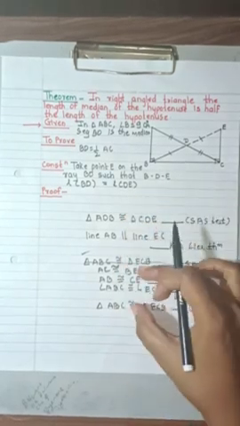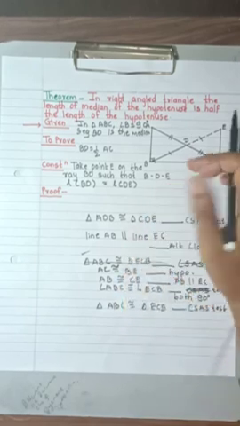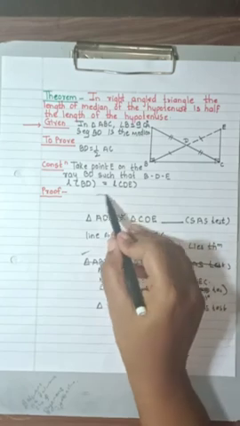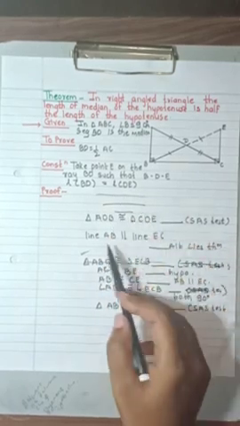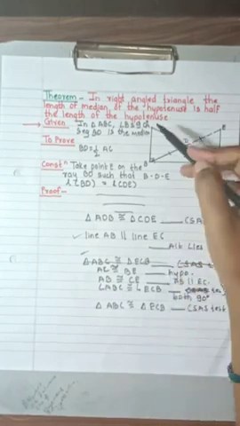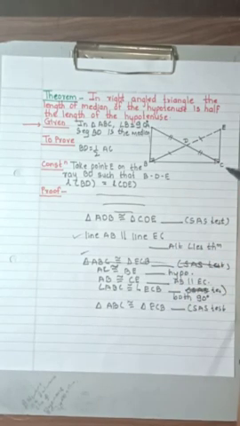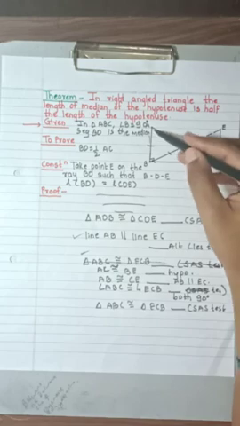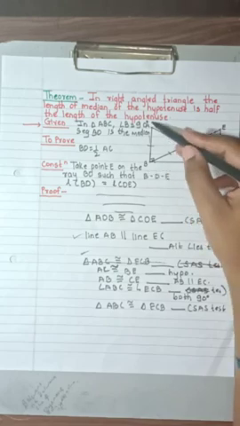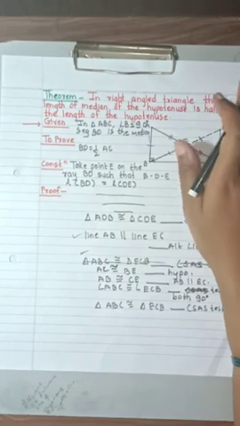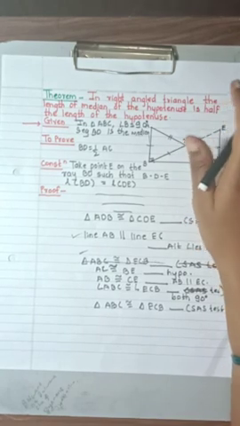Here, as I have written, you also have to prove how triangle ADB is congruent to CDE. This you will be writing over here. Then you have to prove that the lines are parallel. After that, in triangle ABC and triangle ECB, you have to show that these two sides are equal. Then as both are hypotenuse, they will be equal. Then this angle and this angle both are 90 degrees, therefore they will be equal. So the triangles will be congruent by SAS test.